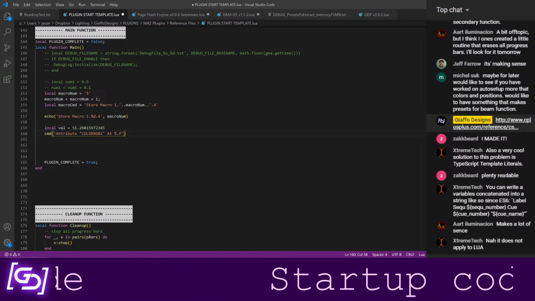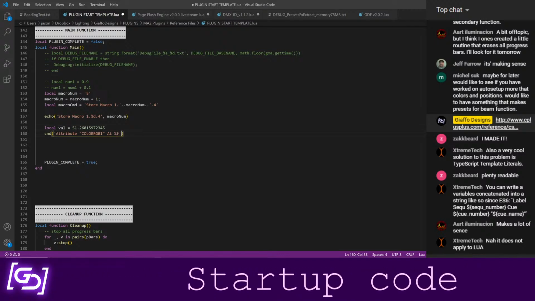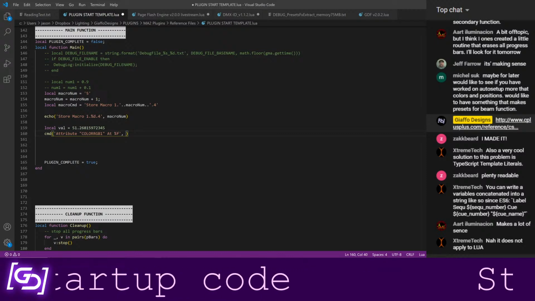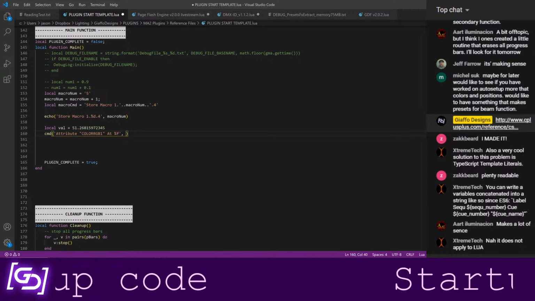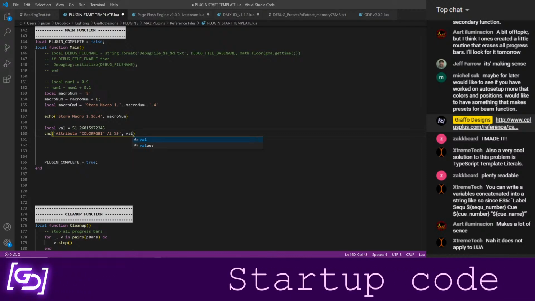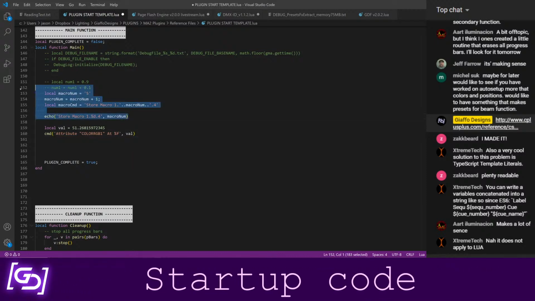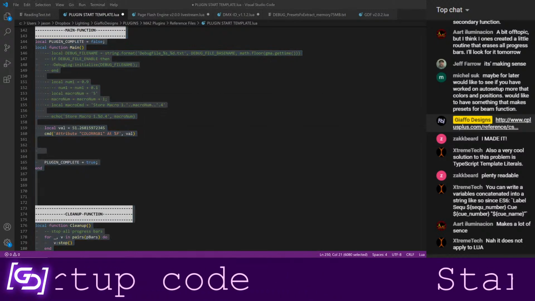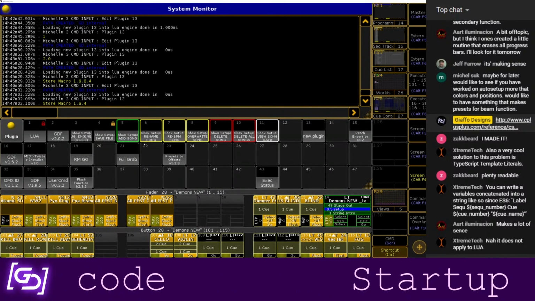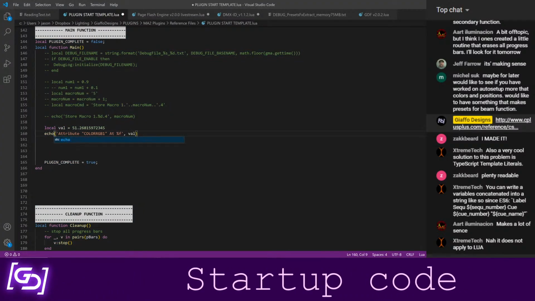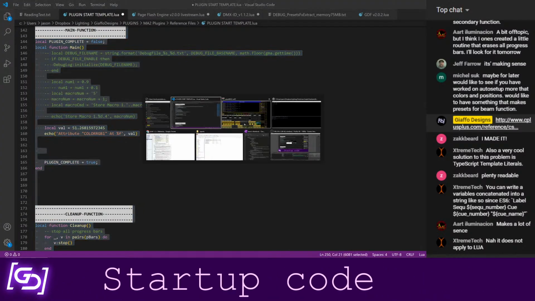So I'm going to give it a float. Again, floats are how, I don't want to get too deep into the weeds on it, but it's how computers handle decimal numbers. And I'm going to say value. All right, I'm going to comment the rest of this out. And I'm going to run this. You know what? I'm going to actually have this just print to the system monitor because it keeps it all in one window for us.